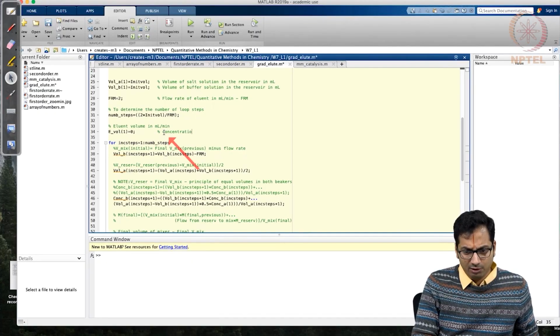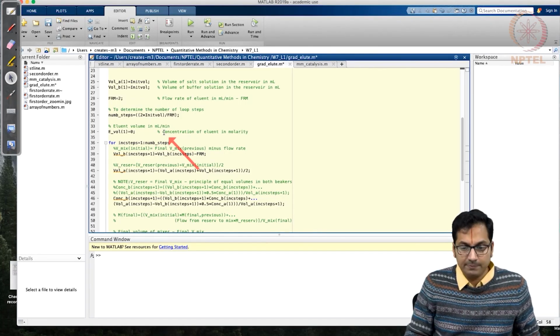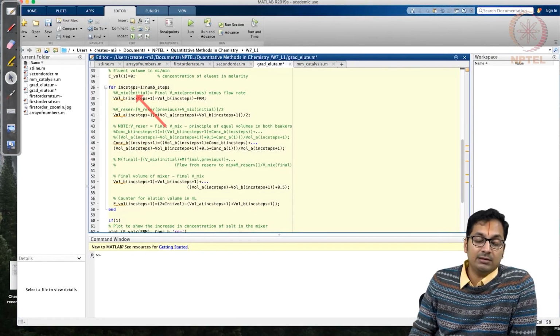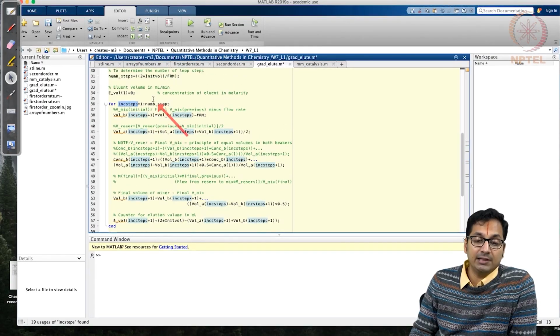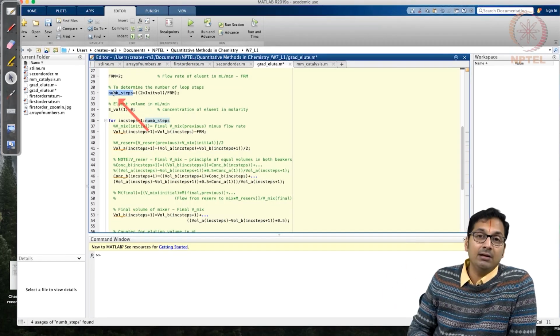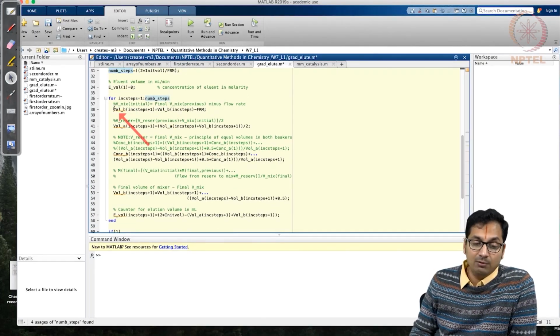Concentration of eluent in molarity. Then, in a similar way to what we did last time, we are calculating the number of increment steps. In this case we will have a 2 ml flow rate, and 100 ml is going to go, so we are going to calculate it in 50 steps, and then all I am doing here is carefully doing each step